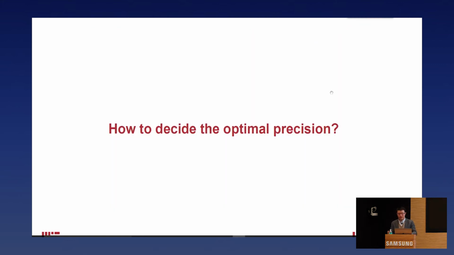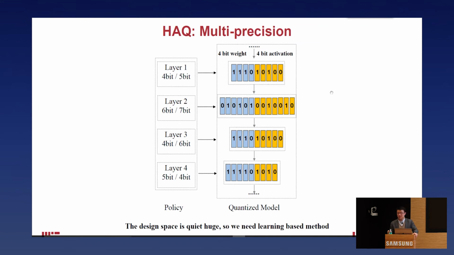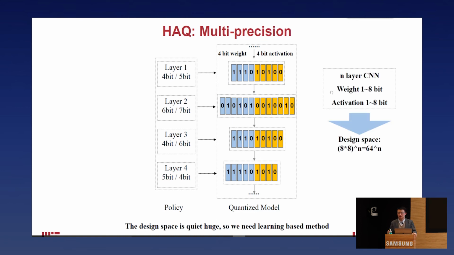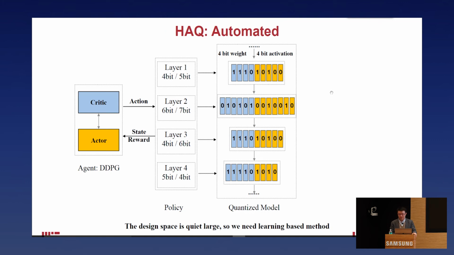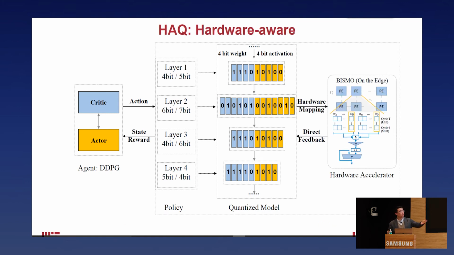So for multiple layers, for both weights and activations, this is a huge design space, like 8 choices for weight, 8 choices for activation. That's a total of 64 choices. And if you have n layers, that's 64 to the n choices. Again, we want to use an AI agent, a reinforcement learning agent, to do the design space exploration, rather than using humans. And in order to provide feedback, we plugged in a hardware simulator to provide direct feedback from the